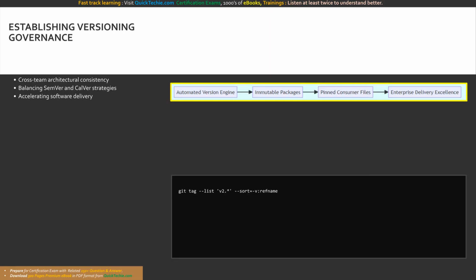To summarize, designing and implementing a comprehensive dependency versioning strategy is the cornerstone of safe, scalable package management. By rigidly defining when to employ the API-focused nuances of semantic versioning for shared libraries versus the operational clarity of date-based CalVer for monolithic deployments, you establish profound architectural consistency. Furthermore, by automating these calculations within Azure pipelines and mandating strict dependency pinning via lock files, you eradicate unpredictable builds